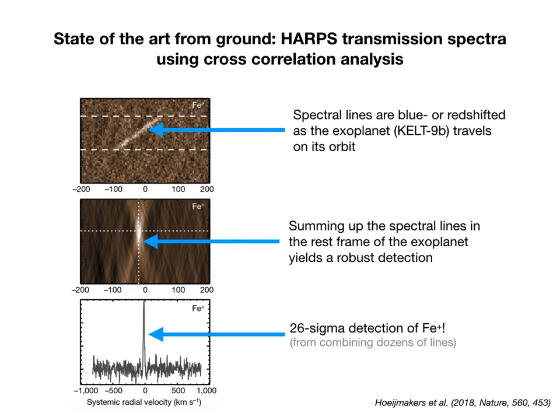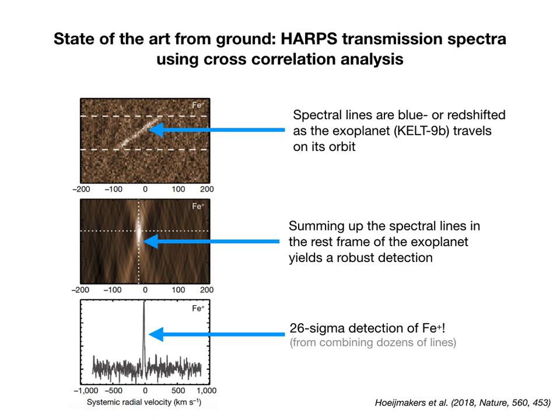And in the very top panel, on the horizontal axis is the red or blue shift. And this is the red or blue shift of the planet as it orbits its star. And on the vertical axis is the time. So as the planet goes around the star, one sees a red and blue shift of a collection of iron lines